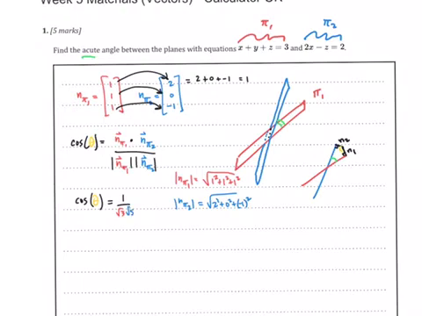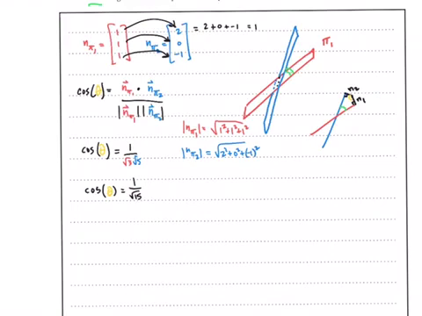Okay, so the cosine of the angle formed between the two normals is 1 over root 15. So using my calculator, theta will end up being